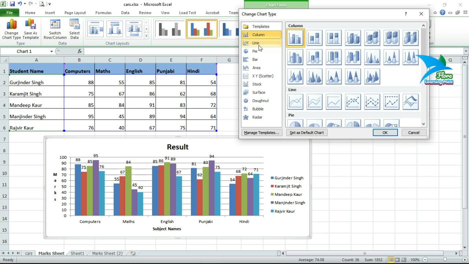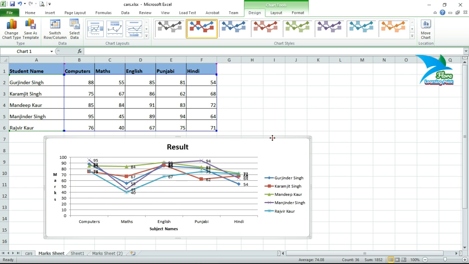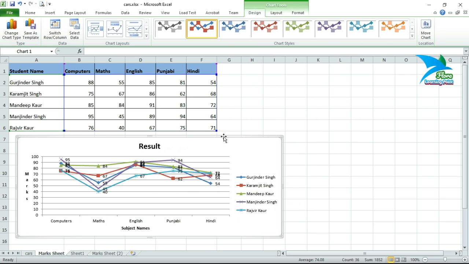Presently we are using a column chart, and if you want to convert this column chart to a line chart, then select line and click OK. And here we are having various formats of line chart that you want to use. Just click on OK.